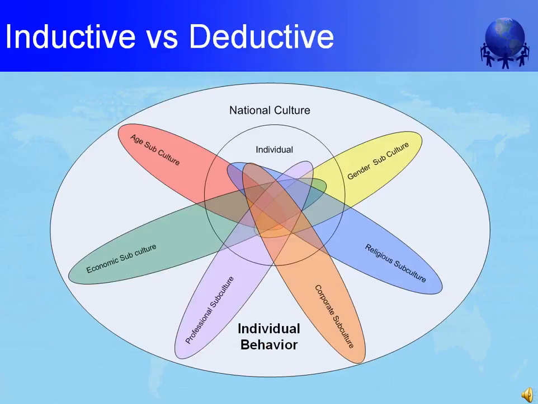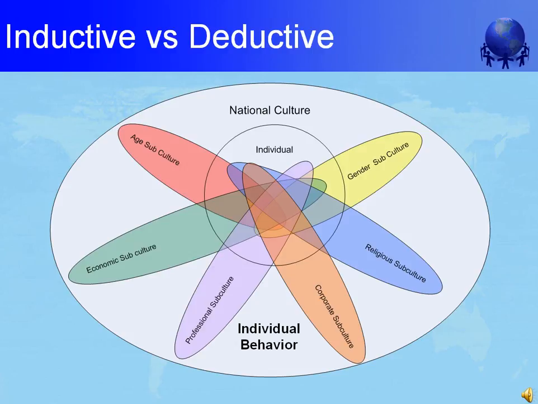As we go through these descriptions of culture-based behaviors, keep in mind that culture is not the only thing that can be used to predict how individuals will react and behave. For example, studies have shown that the members of different professions often exhibit average beliefs that differ from the average beliefs of the regional culture. And also, companies can develop their own company culture, which may differ, at least in some ways, from the regional culture. Within the deductive versus inductive belief range, professions are often as important as regional culture.